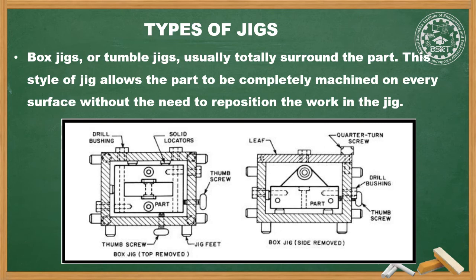There are also other types of jigs such as channel jigs, leaf jigs and indexing jigs or multi-station jigs. These are also different types of jigs mentioned in the notes. They all have the same function and are used for heavier jobs or for mass production only. The only difference is the construction used for them.